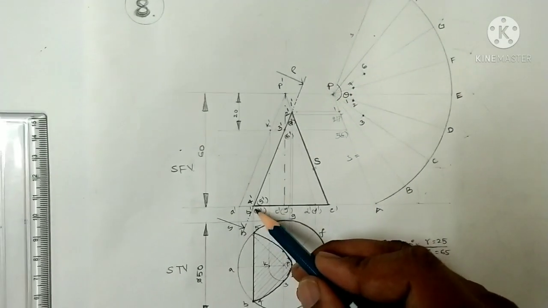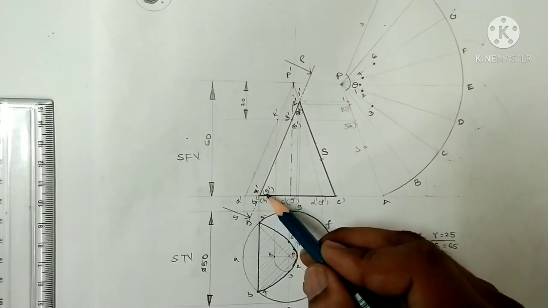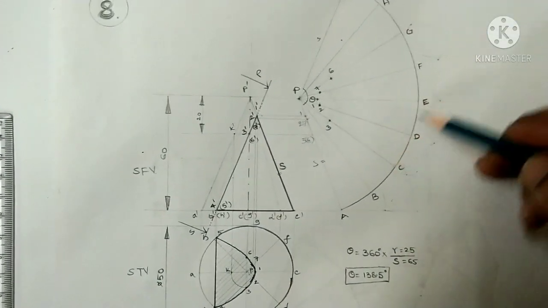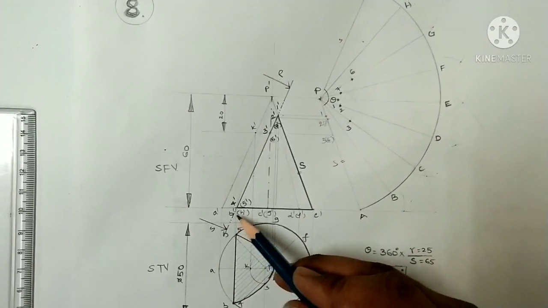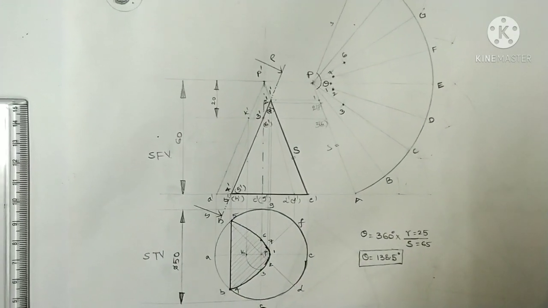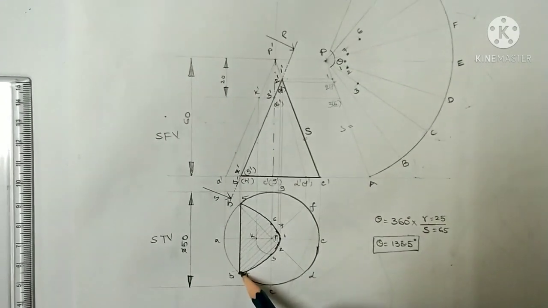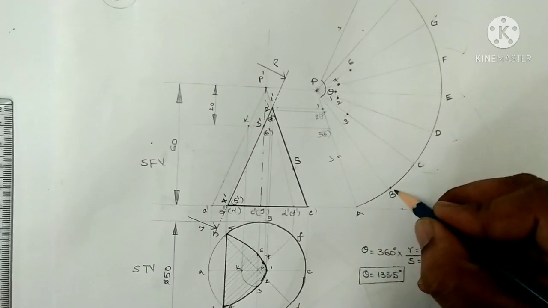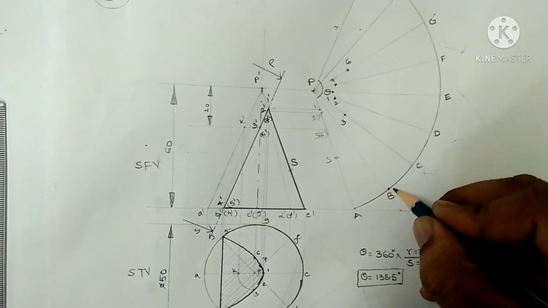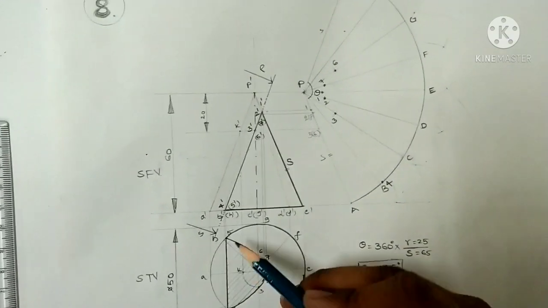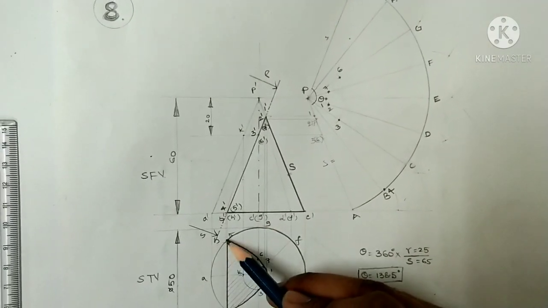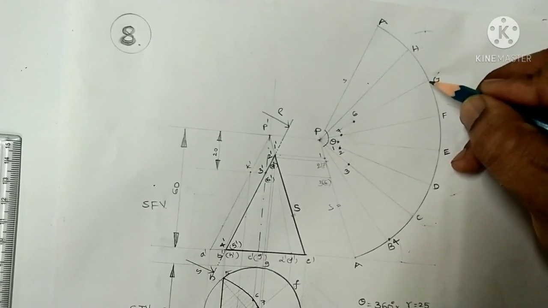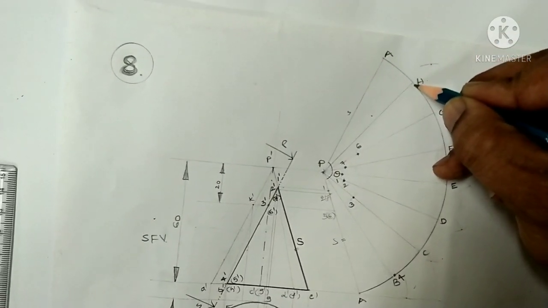And we have 2 more points, 4 and 5. So 4 and 5 are both located on the base circle, so we will get them on the curvature. And if you observe this one, 4 is located between BC, and this point is very near to point B, so directly here I can mark point 4 near point B, similarly between BC, so I can say this is 4. And similarly 5 is also located between GH, and this is very near to GH, so I can say this is point 5.